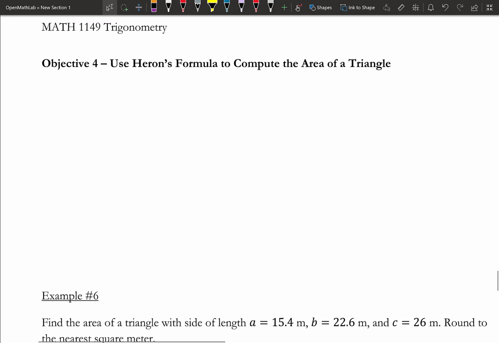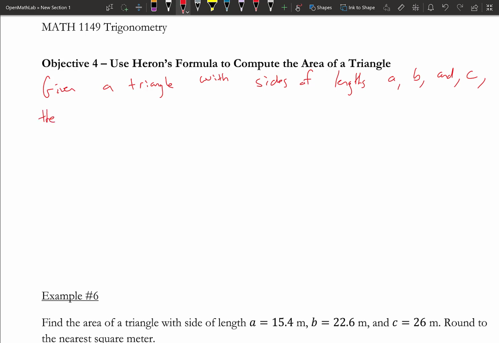So then the last objective here, we want to use what's called Heron's formula to compute the area of a triangle. If we know all three sides of a triangle, we can calculate the area by using this formula. So let me present that. Given a triangle with sides of lengths A, B, and C, the area is given by